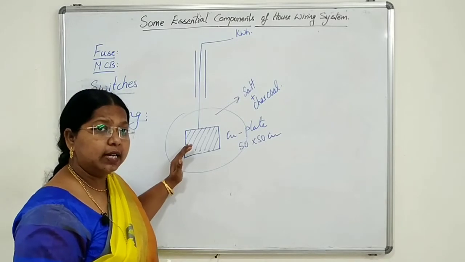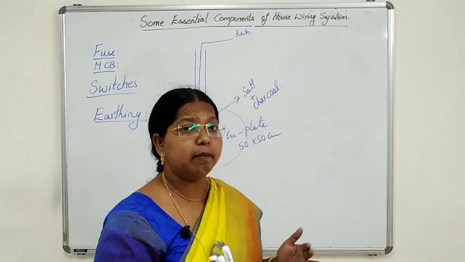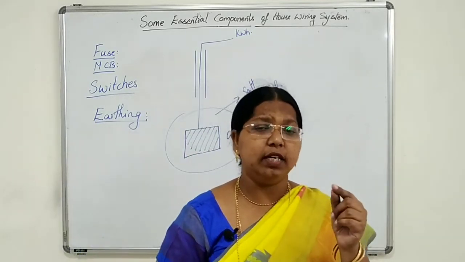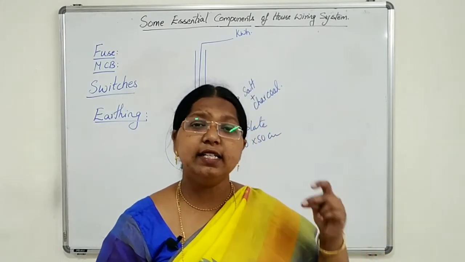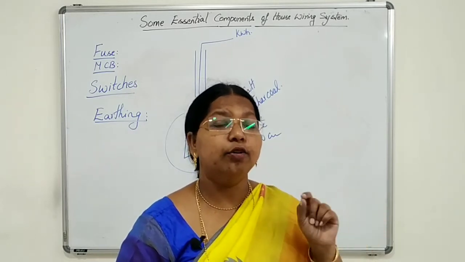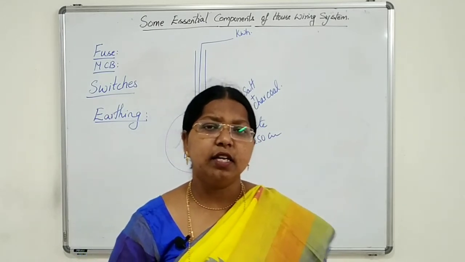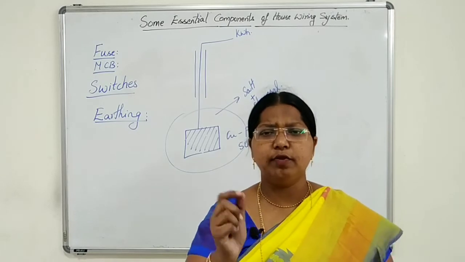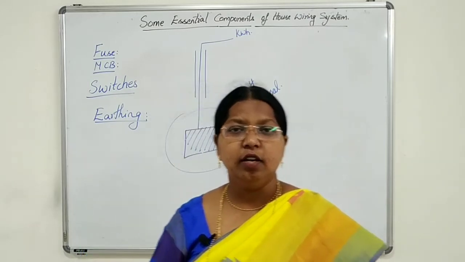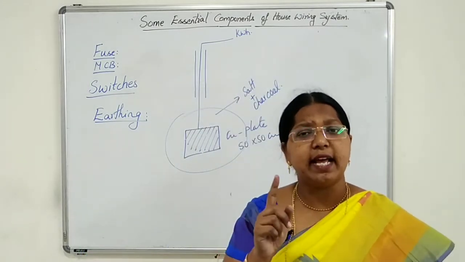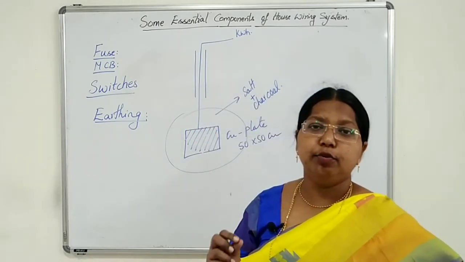So this is called local earthing, and now we will talk about earthing of an appliance. All the appliances which have a metallic body have one terminal connected to that metallic body, so we will connect this earth wire to the terminal of the metallic appliance. Suppose some paint is there, it acts as an insulator, so we will remove that paint for that terminal and then make this earthing connection. The copper wire is run for all the metallic appliances and then it is buried deep into the earth. For every appliance we are doing earthing.